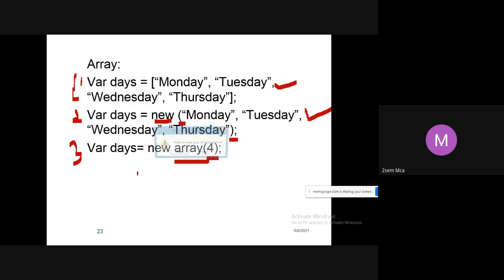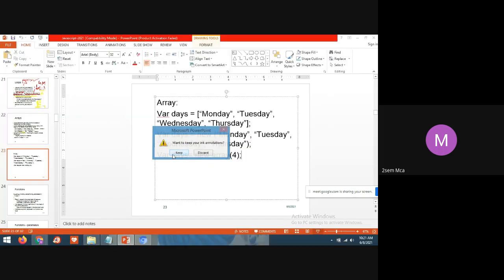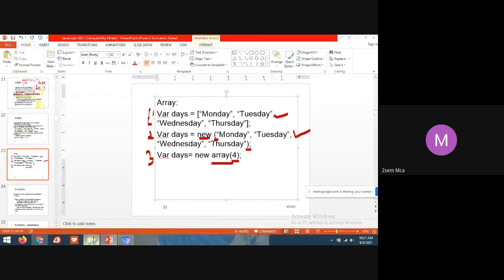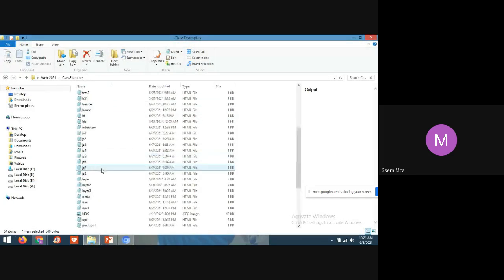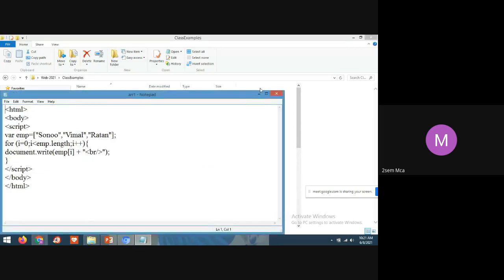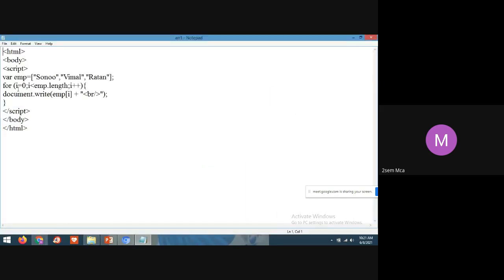An example I'll show, students. See here, this is a variable array declaration with a literal.